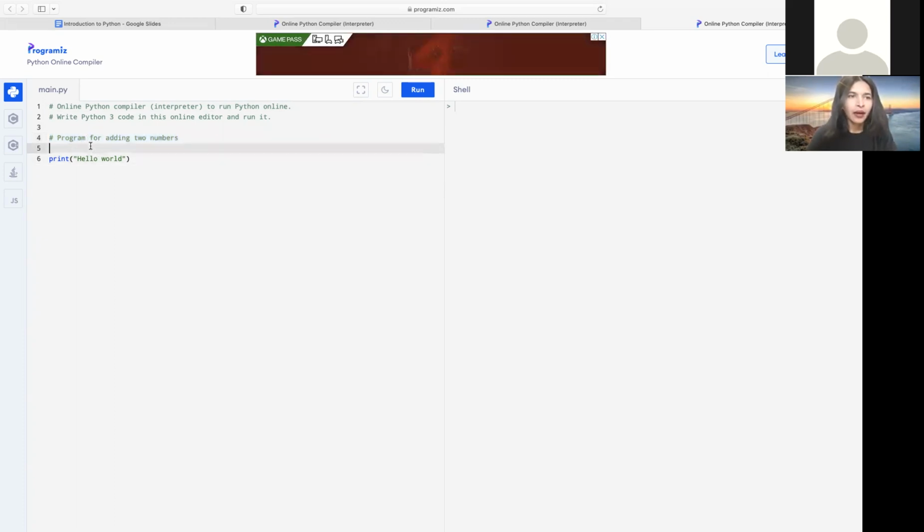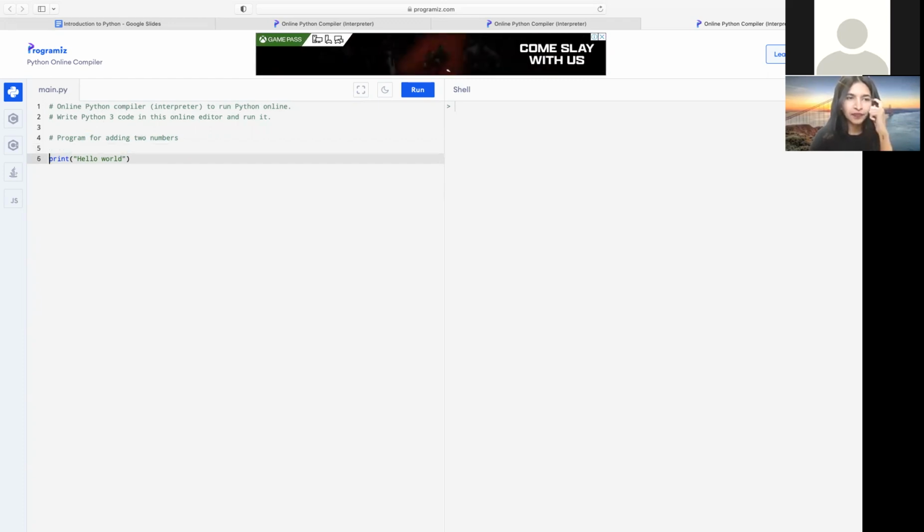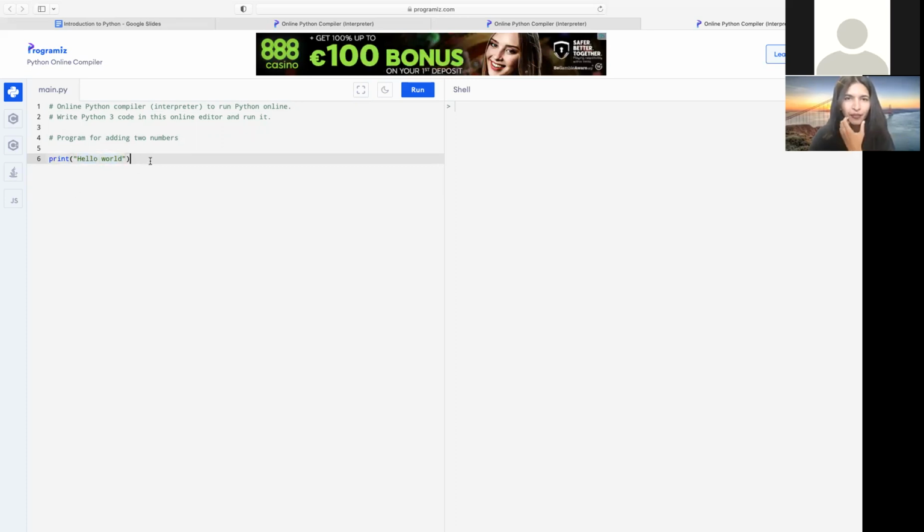Even before that, this main.py came with a default statement, where we can see print and then some text. As I already mentioned, Python code looks similar to English statements.